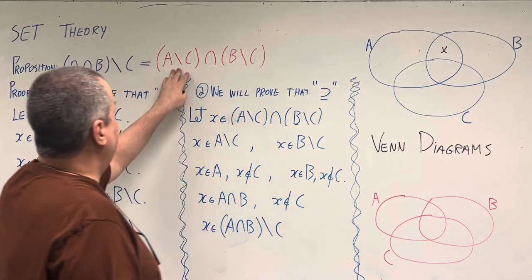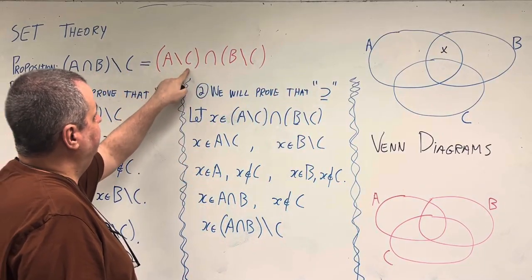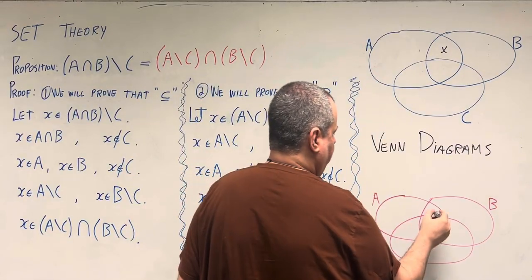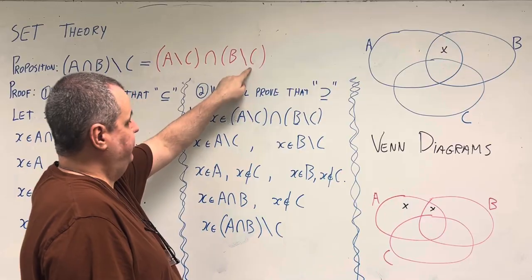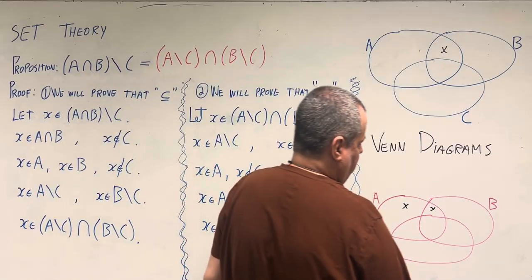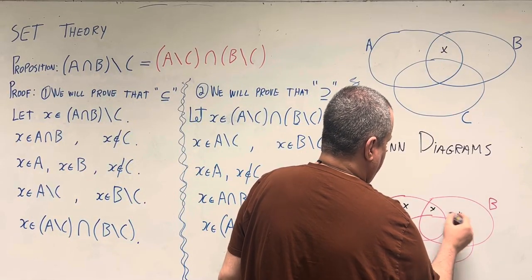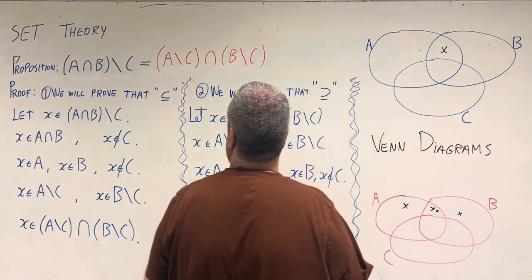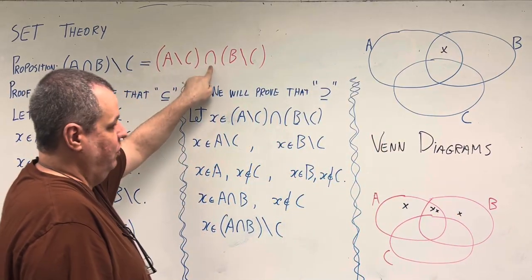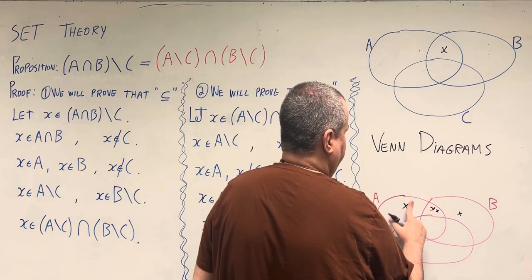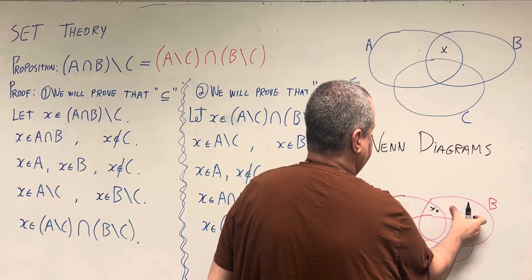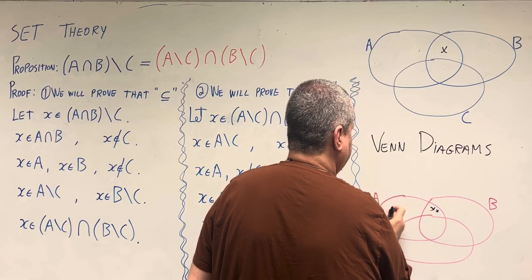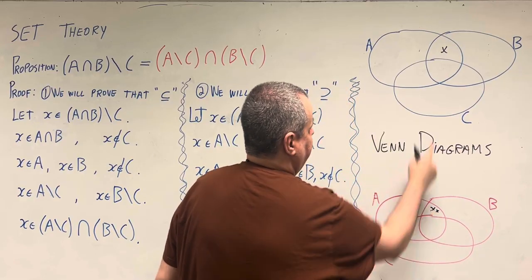On the right-hand side, I first take A minus C, which would be here and here. Then I take B minus C, which would be here and here. And what is the intersection? Well, it's only this part here, right? And this is the same as that, so